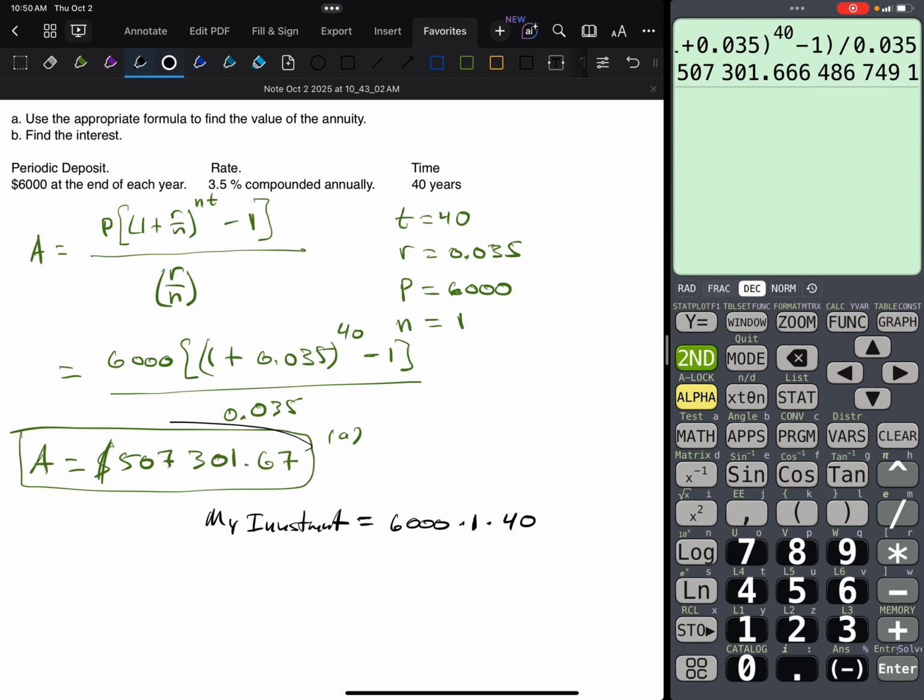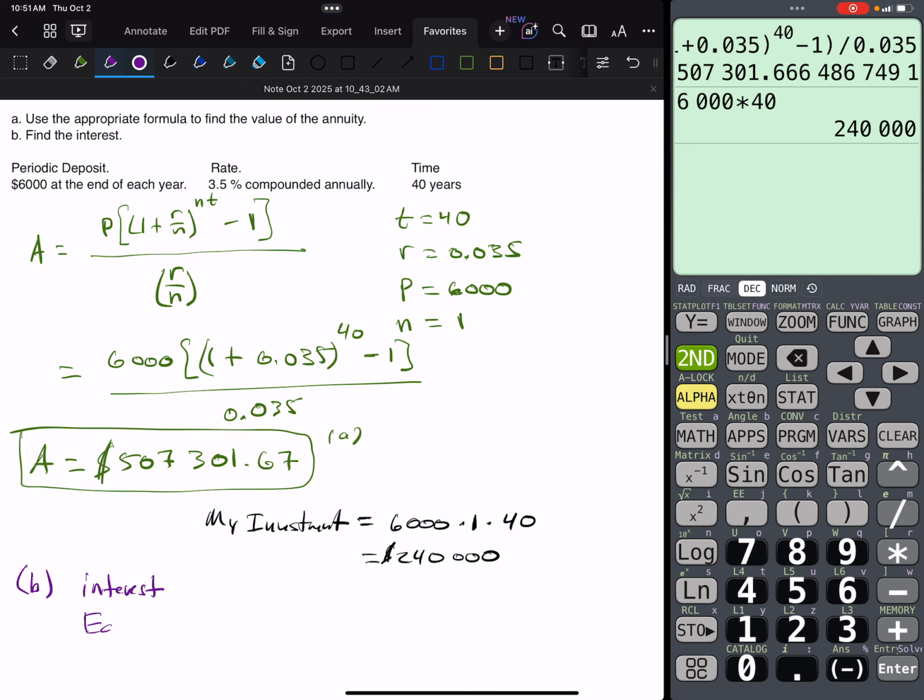Because anything that's left in here that wasn't part of my investment is interest. And so I take that 6,000 times 1 times 40, which is $240,000. And so, for Part B, my interest